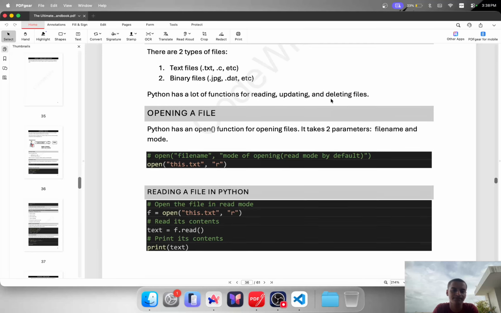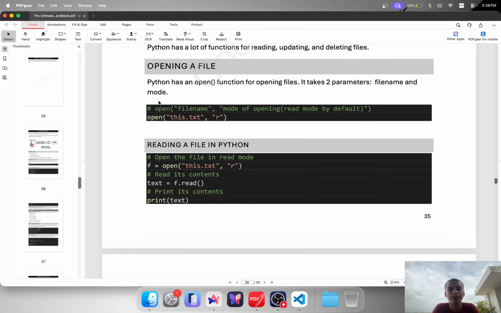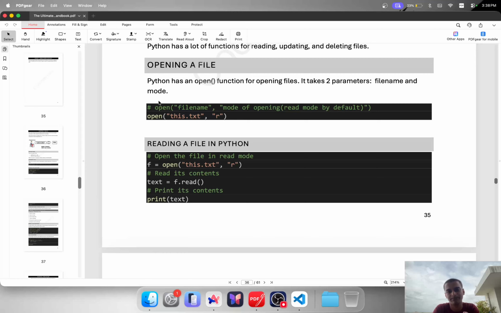Python has a lot of functions for reading, updating and deleting files. अब ओपन कैसे कर सकते हो आप, एक फाइल है जिसमें आपने सब कुछ डेटा स्टोर कर रखा है, वो तो आपका टेम्परेरी नहीं रहा ना, वो तो आपका हार्ड डिस्क में, मतलब हार्ड स्टोरेज में, आपका ROM में हो गया। ROM तो वॉलेटाइल नहीं होती है, नॉन वॉलेटाइल होती है। तो परमानेंट हो गया। So how do we take that data into the Python, तो वो अब हम देखते हैं।